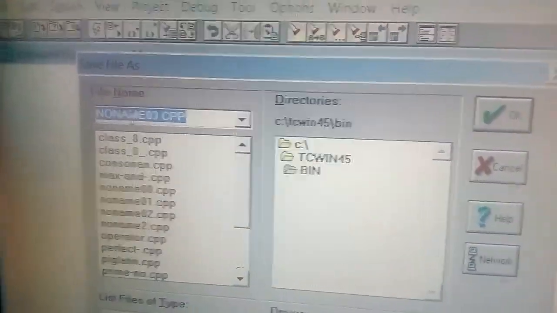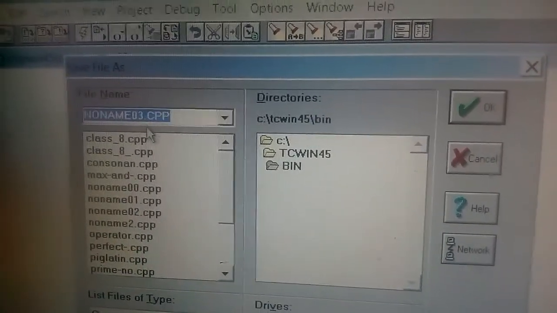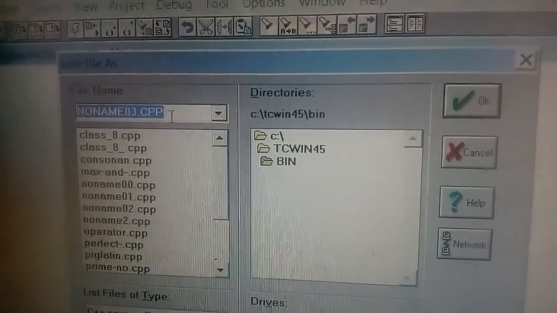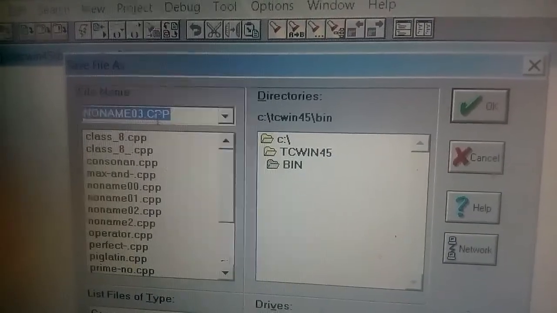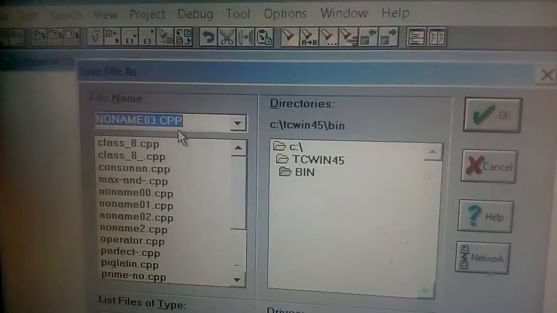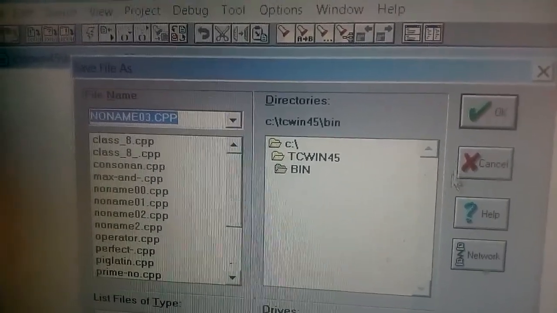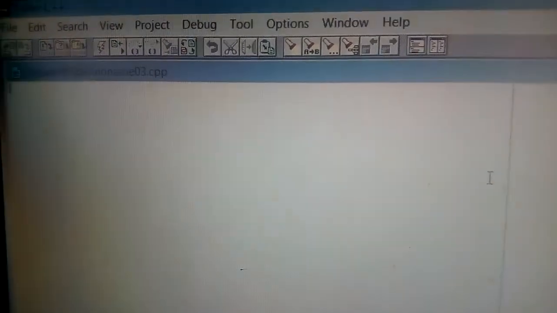Here you have to give the name of the program, and I have told you previously the extension will be .cpp. You can write the extension, or if you do not write any extension, then automatically it will take the extension .cpp. Okay, so this is the way how you save the file, and then click on OK. I think all of you are clear.